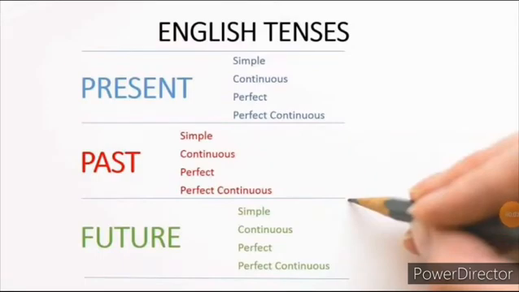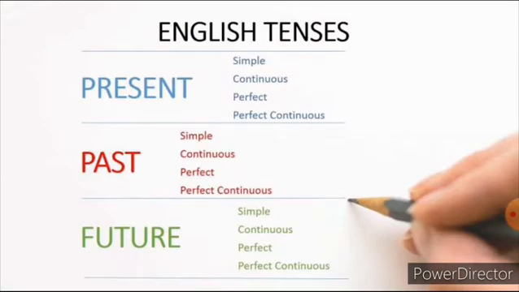So listen, children. The tense of a verb tells us the time of an action. Tense means it refers to the time of an action. And how many kinds are there? Three kinds are there. One is the present tense, past tense, and then future tense. These kinds of tense are further classified into 12 types, totally 12 types. Each one carries how many types? That is 4 types. Present tense is classified into 4 types.